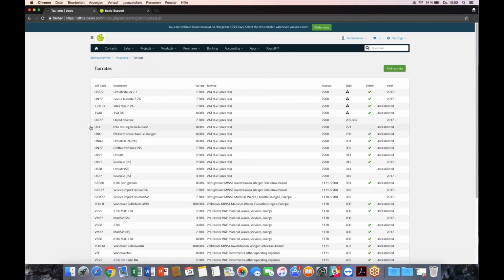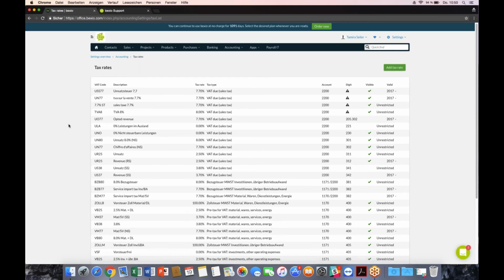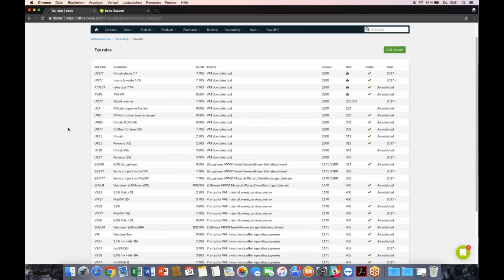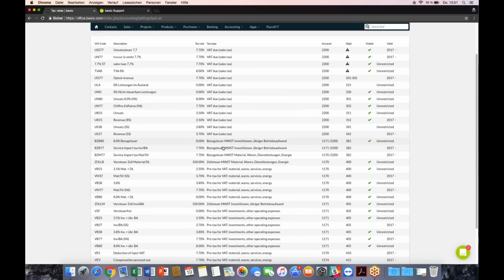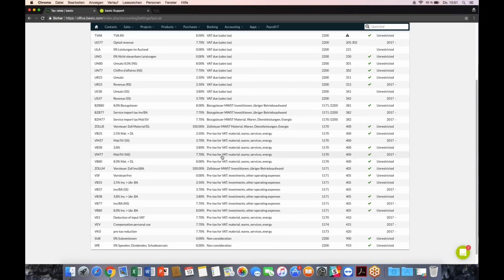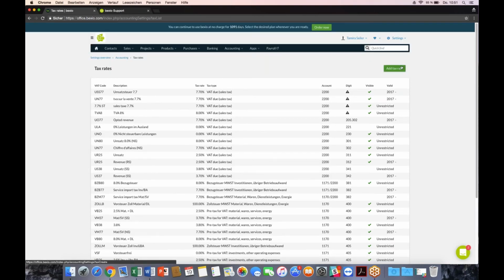So we have several types of VAT rates in here. We have the pre-tax, we have the sales tax, and some others. To add a new one, if you need a new one, you can go to add tax rate,